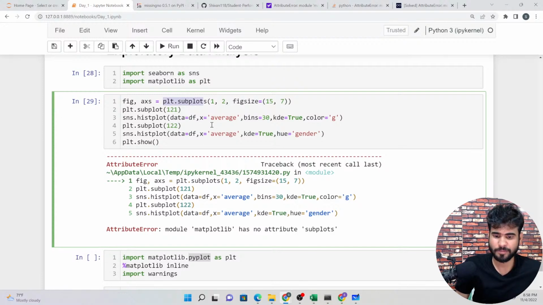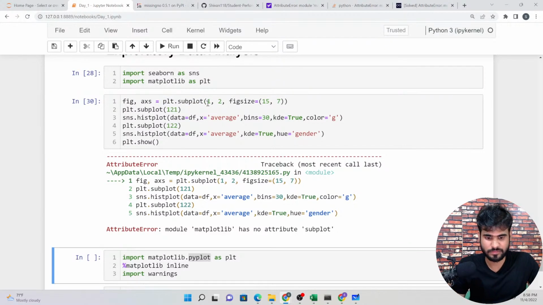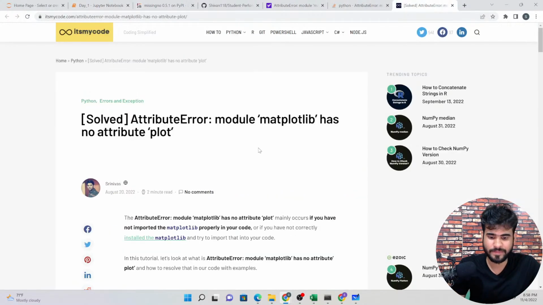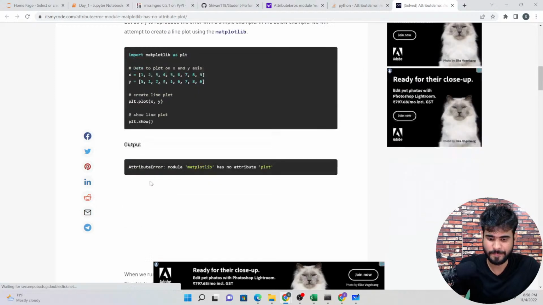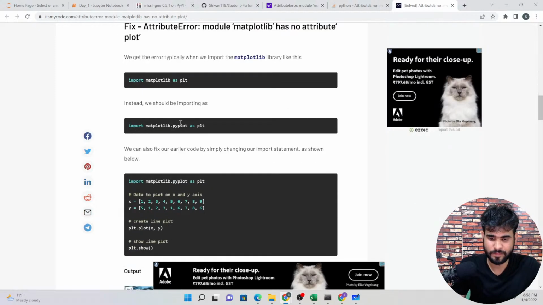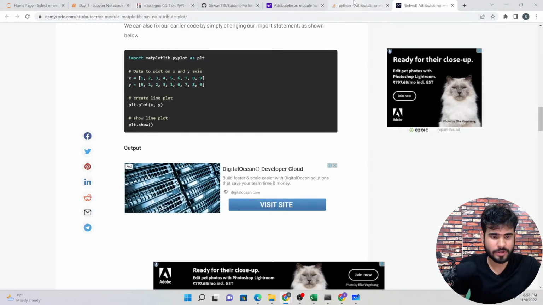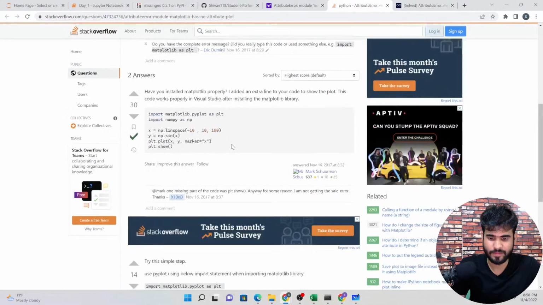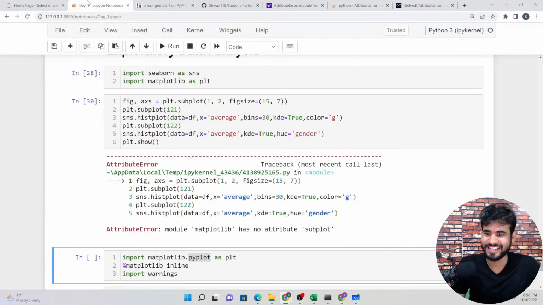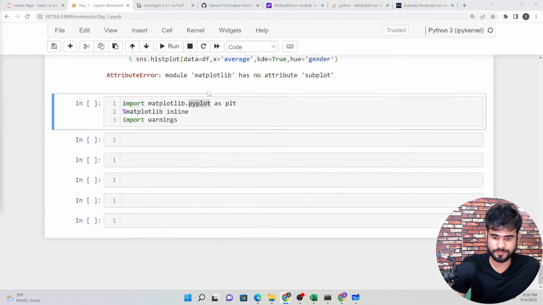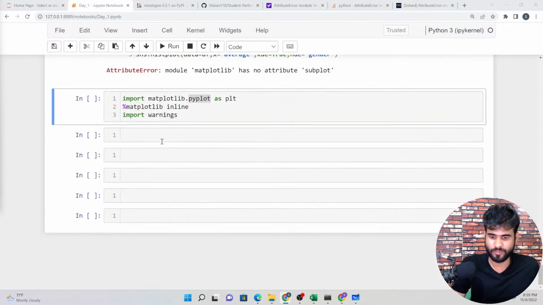You have written subplots. No, it's the plots function that we have. Pyplot. Let me debug with some googling as well. This function is fine. Or let me debug it, guys.